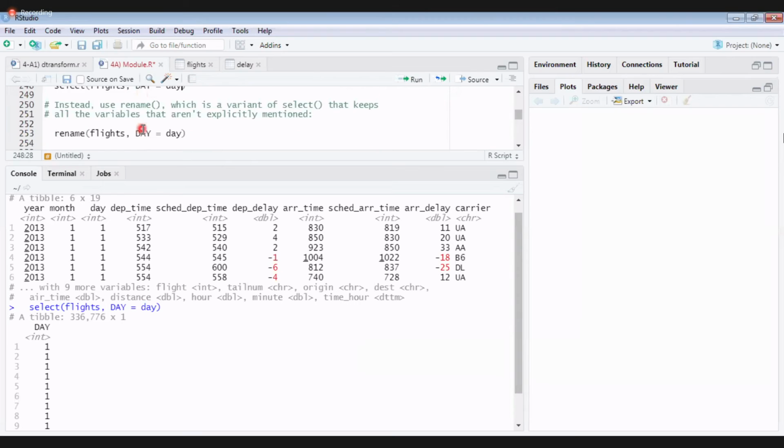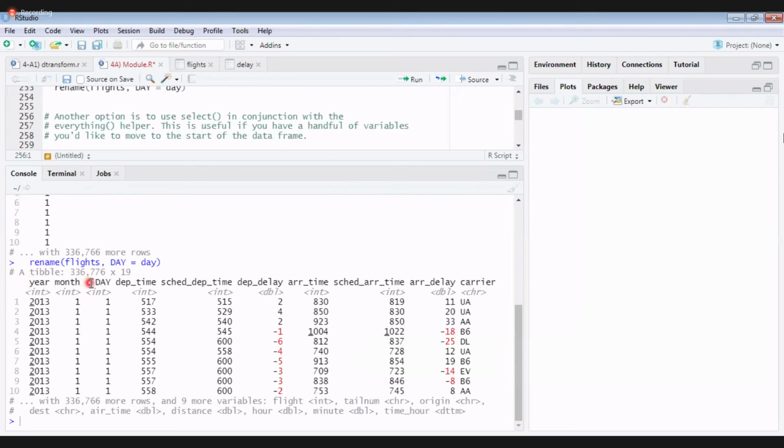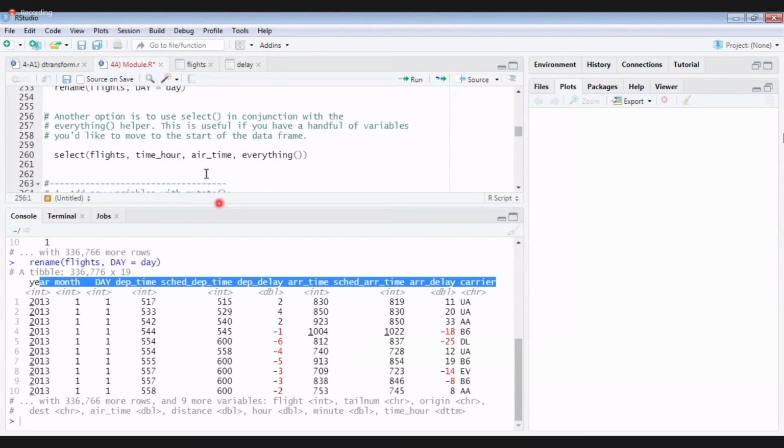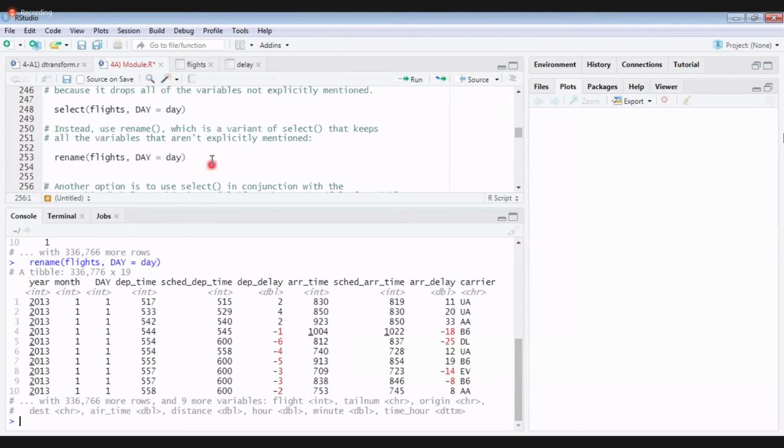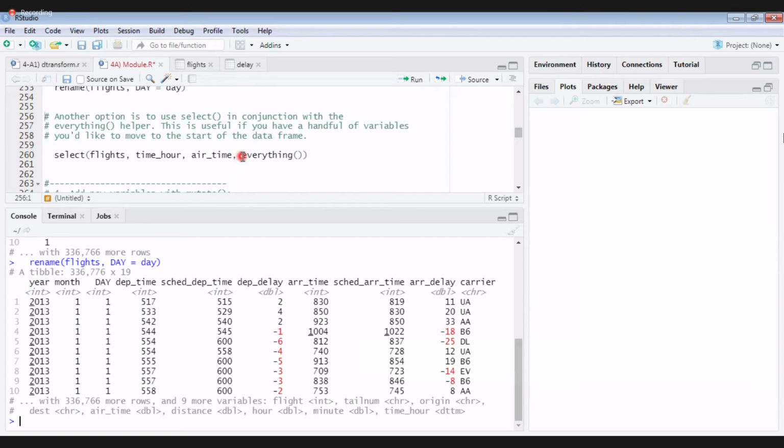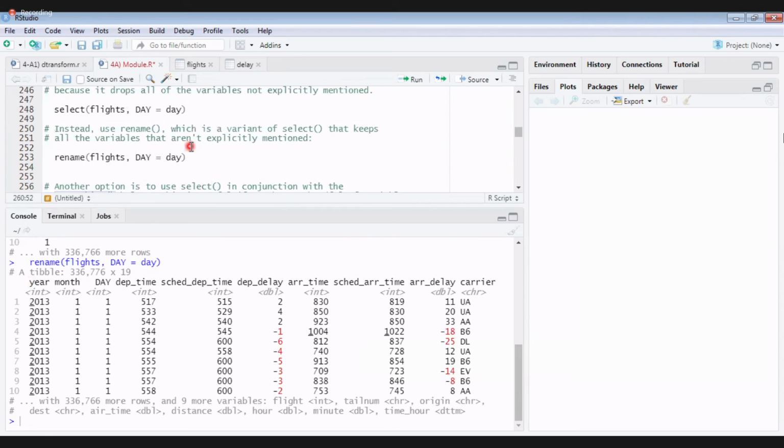So instead of select, I can use rename. When I use rename, see the output. Only small day became capital Day, and the remaining I got as it is. So we can use rename. Otherwise, your friend was asking about the remaining columns. For calling the remaining things, you have one more function known as everything. So I will copy it here. He was asking, here now, comma everything.